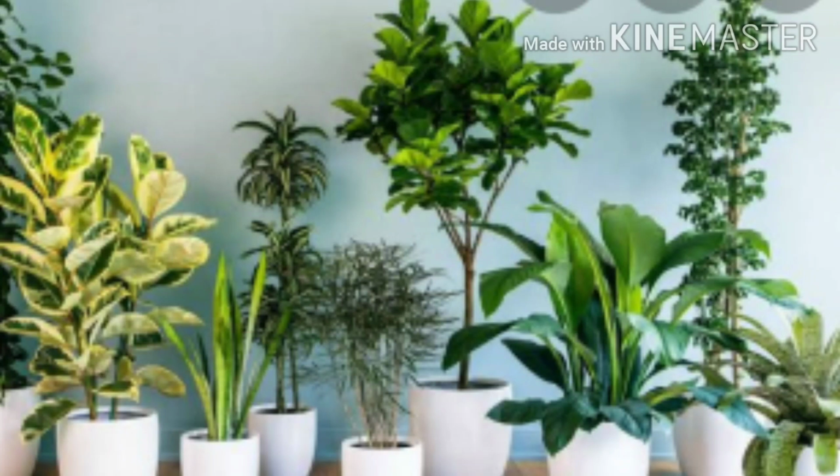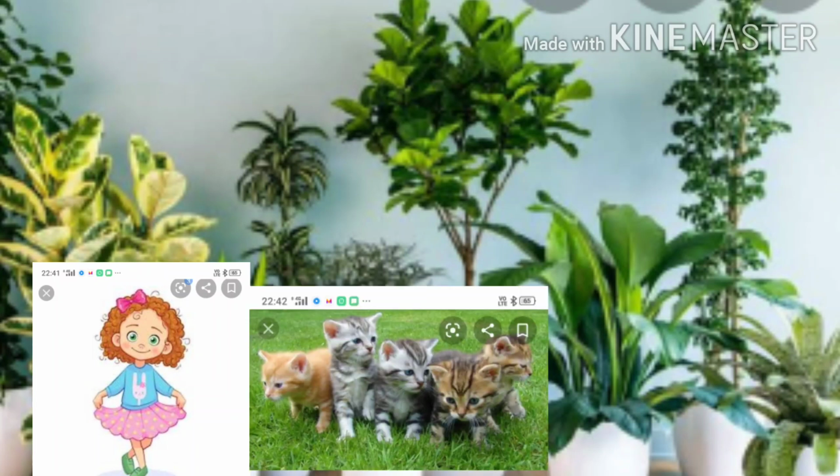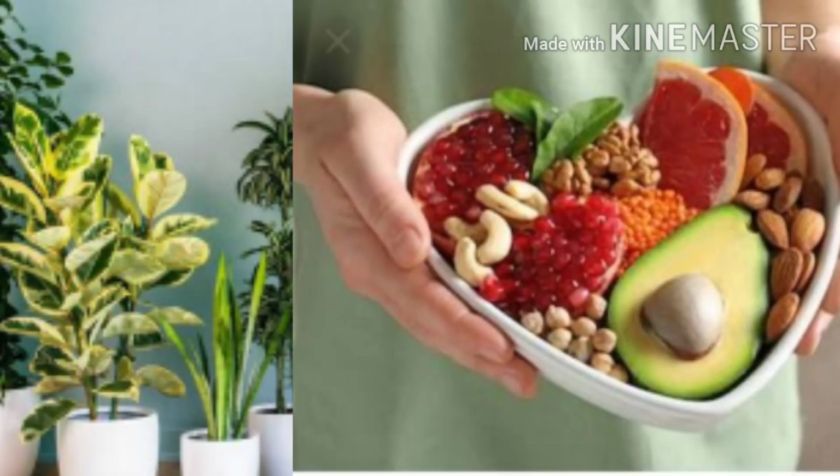Okay? And most of the plants are green in color. And all the human beings and animals depend on plants because we get food from the plants, and animals also get food from the plants.